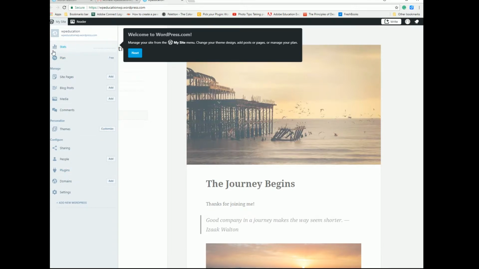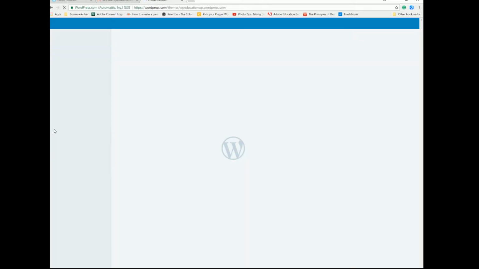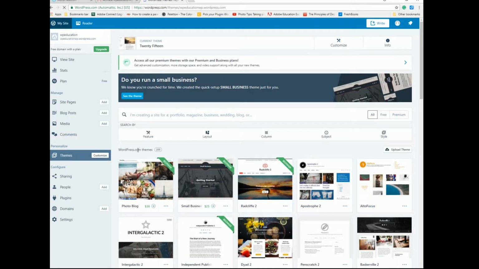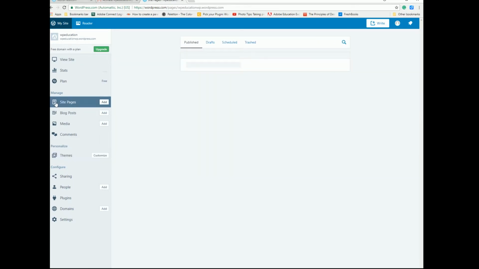Right now, this is the stats. It actually gives you some analytics right away. The plan, we're using the free plan. We can manage the different pages that we have on our site. We can actually manage the different blog posts we can add or view. We can add media, comments, and then the themes. So we can actually customize it or view the themes that we have associated. And these are all the different themes that are available. You can actually look at all the pages,